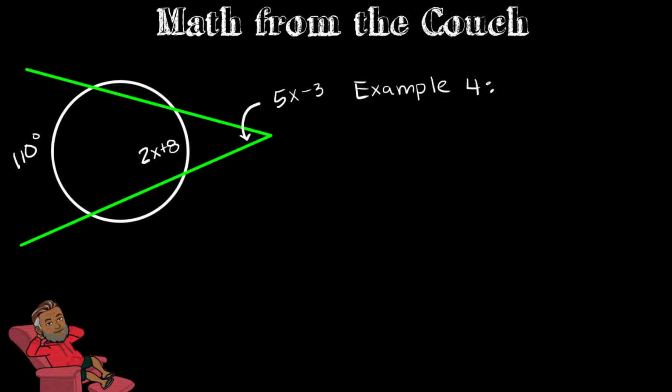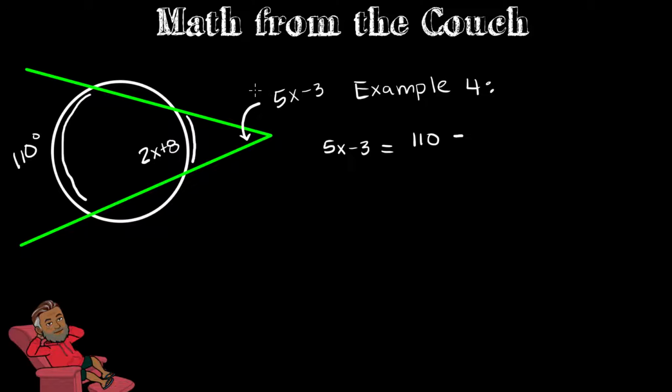All right, our last example. Now, in our last example, you'll notice that there's less angles and less values, numbers, and there's a lot more variables. But the problem is still approached the same exact way. We have an angle, we have an arc that bends away from our angle, and we have an arc that bends towards our angle. So we set up our equation. The angle, which happens to be 5x minus 3, is equal to the arc that bends away from our circle, so 110,